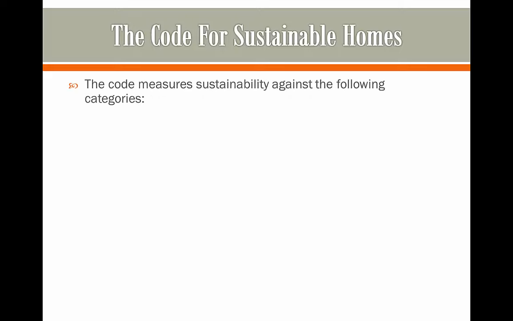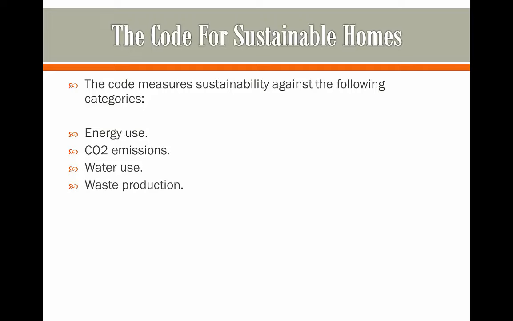The code measures sustainability against the following categories: the amount of energy used, the amount of CO2 emissions, the amount of water that you use, the waste production, which is different to that of CO2 emissions and instead looks at mainly the amount of waste that you may be producing from other areas in your household, the amount of pollution, which I guess is kind of similar to CO2, but you can also produce other things such as nitrogen oxide or sulfur dioxide,